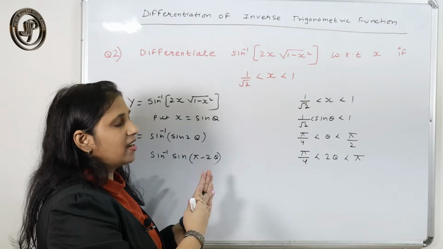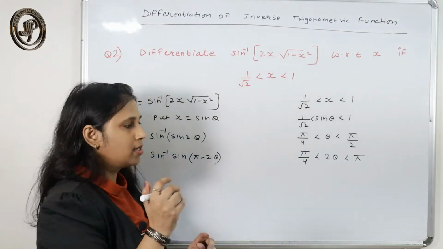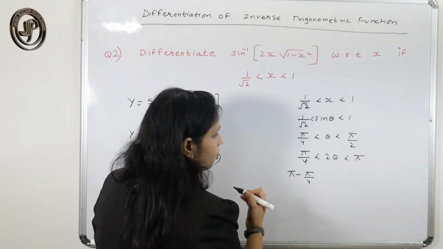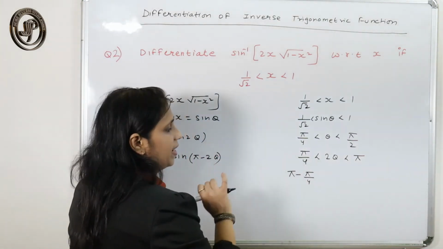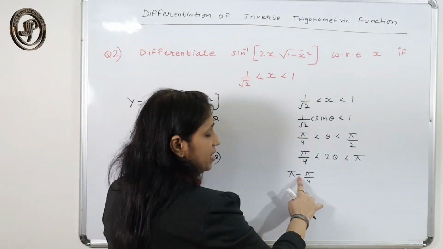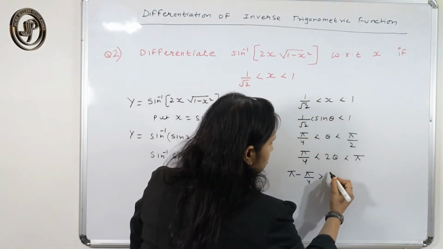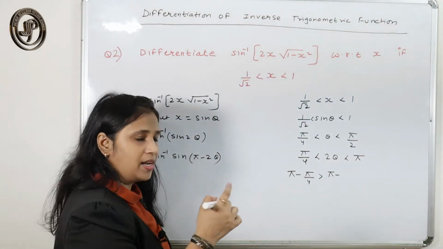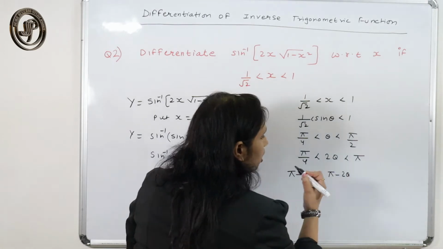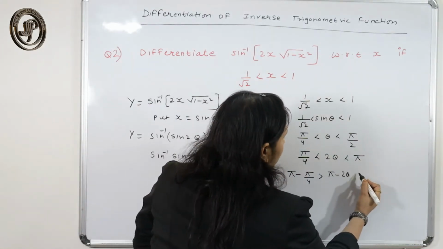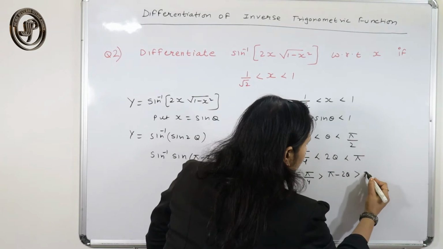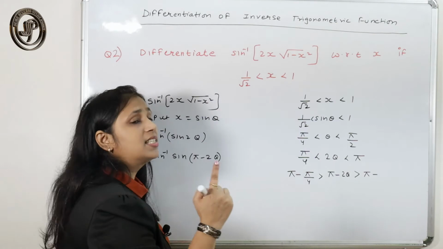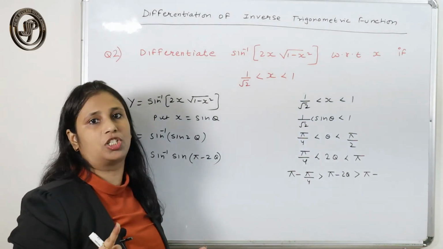Okay, before that term you just have to apply pi minus. So I am going to apply pi minus to this, and then write this. Whenever you apply a minus sign, the inequality gets reversed. I have substituted pi minus and then 2 theta. This is my pi minus, with each term substituted.